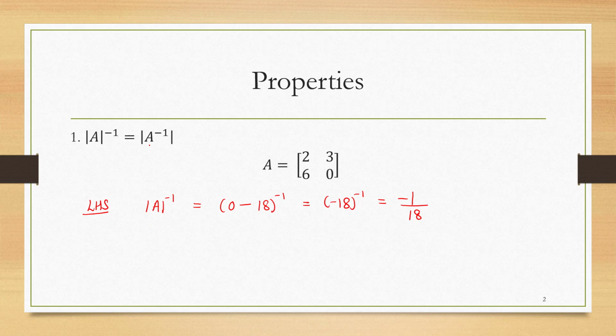Now we are going to try right hand side. For right hand side, I need to find A inverse and then its determinant. And as we have done in lecture 7, first we are going to find its inverse. So right hand side, this is your matrix A. We have found that its determinant is minus 18. So yes, it is invertible. The determinant is non-zero. Now to find inverse, I am going to use the short trick which I told you in lecture number 7.